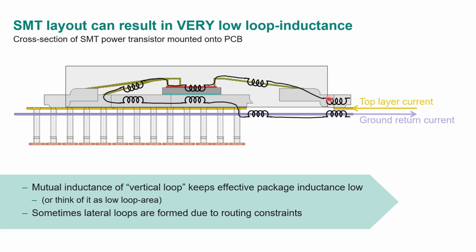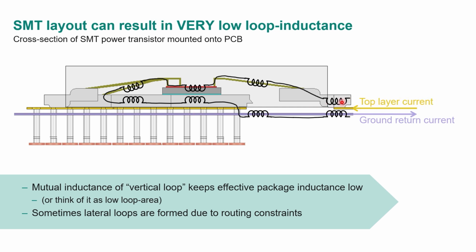So let's look at these devices, these GaN devices, and especially the surface mount. We only offer GaN in surface mount packages because we need this low loop inductance. Inside of a package, you have a wire bond. Here's the die, and here's another wire bond. And then the return path, this is showing a cross section of a GaN transistor mounted on a board. Here's the top layer in kind of yellow color, and then the purple color is layer 2.